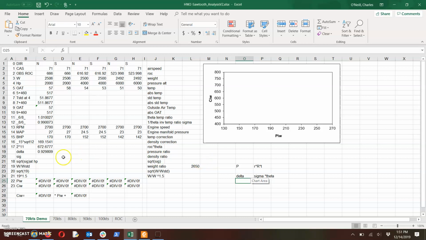Okay, so if we know what sigma is, it would just be delta over theta, which is the temperature ratio. There. 9205. Okay, so the square root of that there,